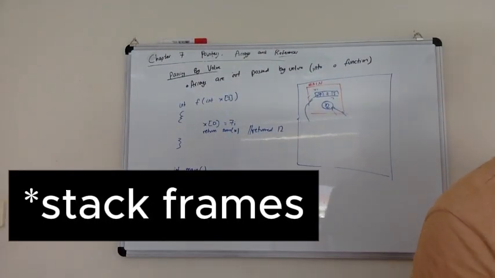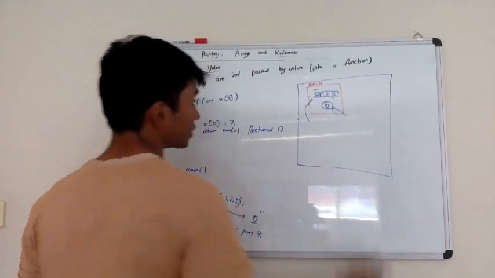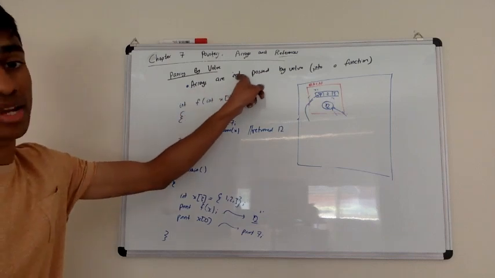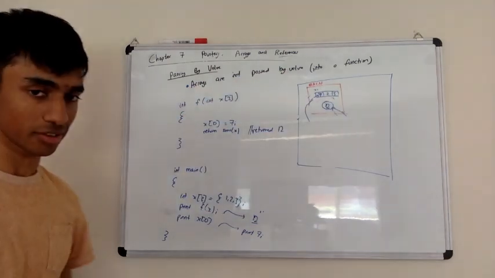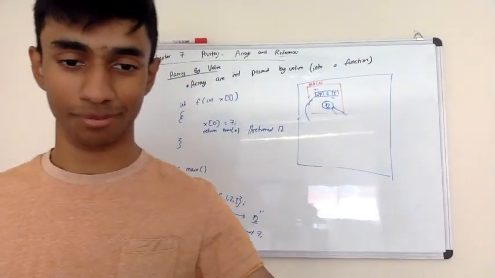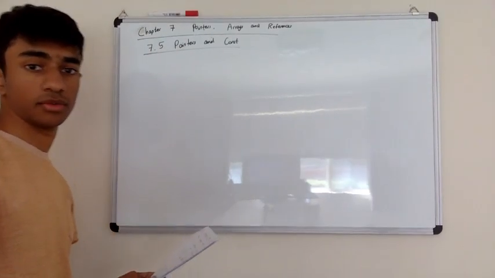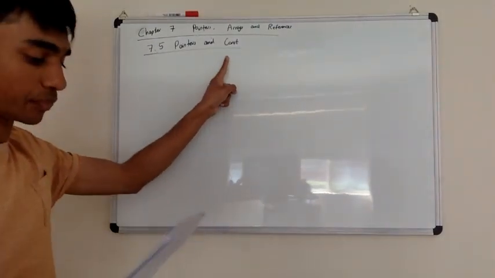Function stacks. Wait, what's the terminology? I think it's function stacks. Little sort of boxes of memory, and what it means for arrays to not be passed by value, and why that's a good idea. So yeah, I'll try to slip that in without too much hassle. All right, so now we move to 7.5, where we look at the keyword const in relation to